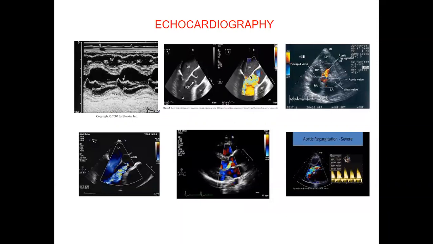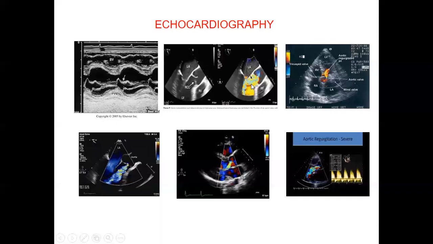So these are the different figures I have put in this slide by which echocardiography will help you in making the diagnosis. You can see here there is vibration of the anterior leaflet on echocardiography. The blood jet strikes over the anterior flap, and you can see this fluttering of the anterior flap. And on the 2D echocardiography you can definitely see there's non-coaptation of both leaflets of the aortic valve, and there's a gap between both leaflets during systole and diastole.